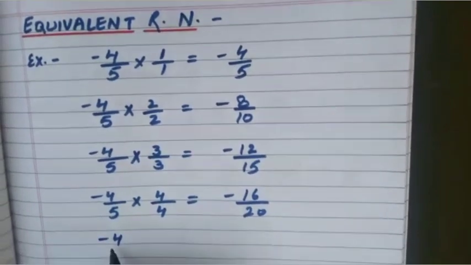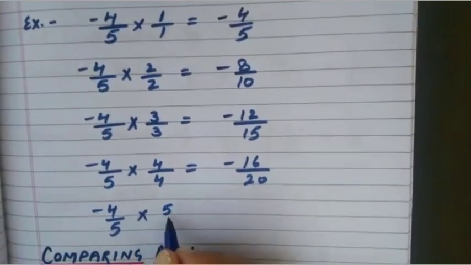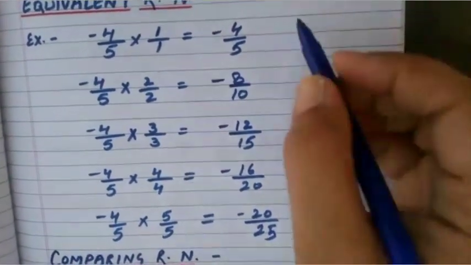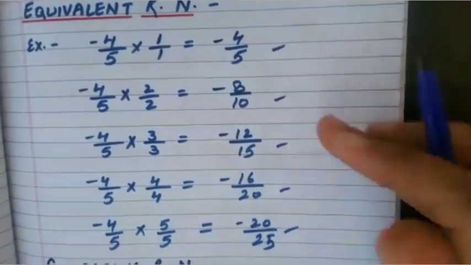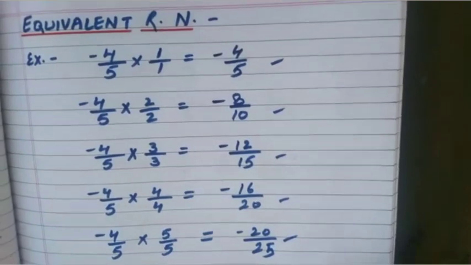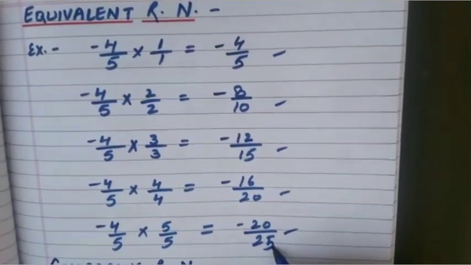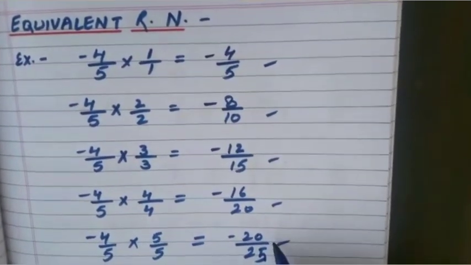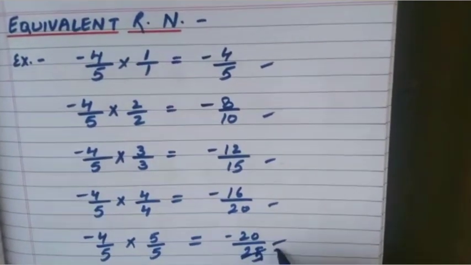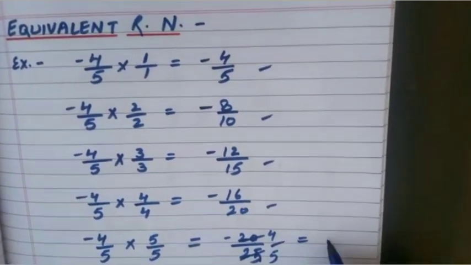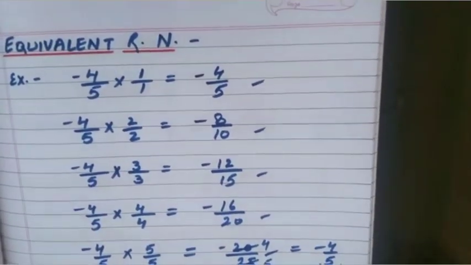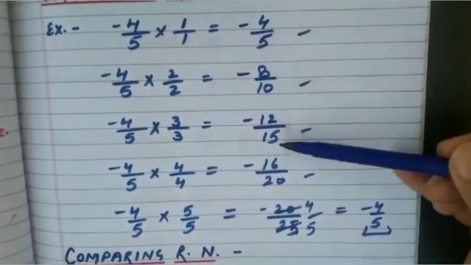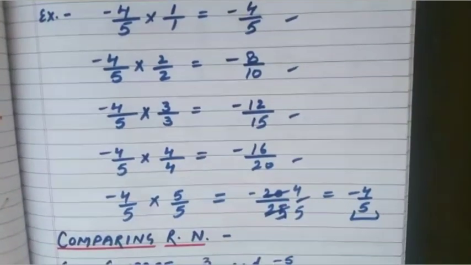You may write so many. So simply you have to multiply the same number in numerator and denominator. So here children, this and this all are equivalent rational numbers. Why? Because when you convert this into simplest form, I'll show you with this. When you convert minus 20 upon 25 into the lowest form, see, it will cut by 5. So 5 times 5, 5 times 4. So your answer is minus 4 by 5 again. So again you started with this, you end up with this. So this is the way to find equivalent rational numbers of any given rational number.